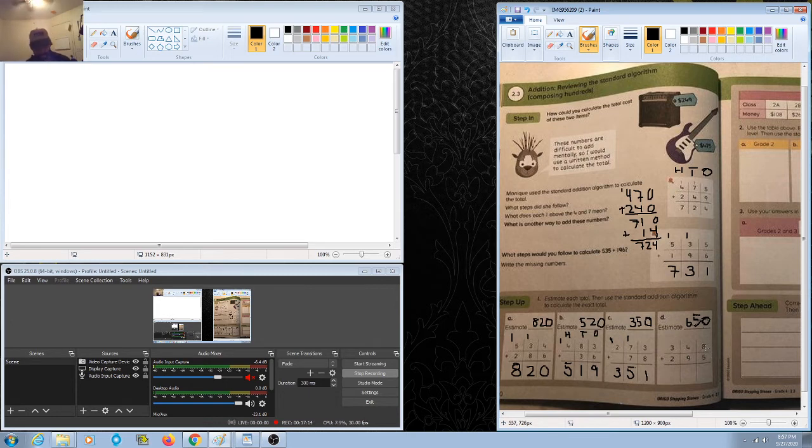So 8 plus 5 is 13. So we put the ones place of 13 in the ones place. We carry the tens place of 13, which is 1. Now in the tens place, these all represent 10 groups of the numbers that we see. So 1 plus 4 plus 9 is 14, but that's a group of 10. So that's groups of 10, so that's 140. So we put the tens place of 140, being 4, here, and we carry the 1,